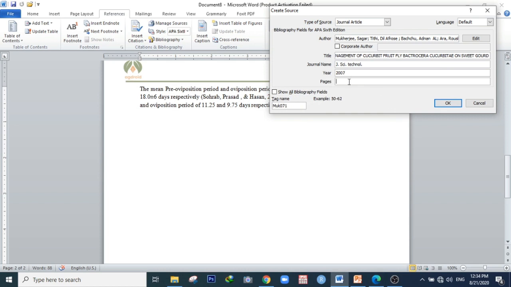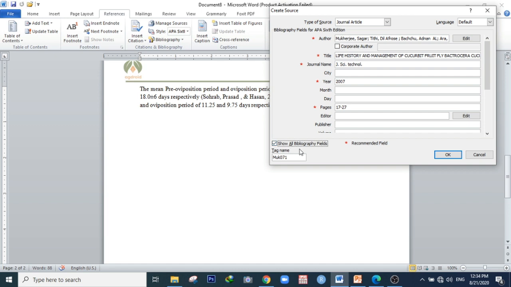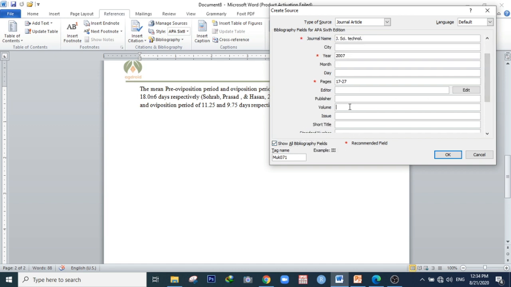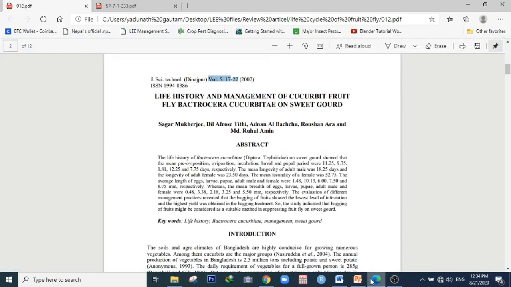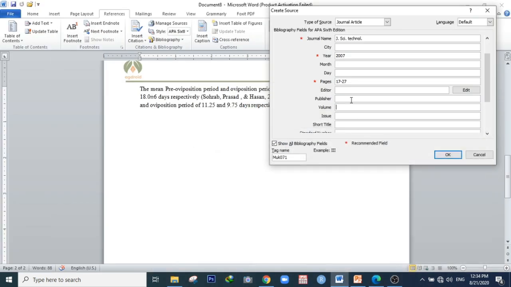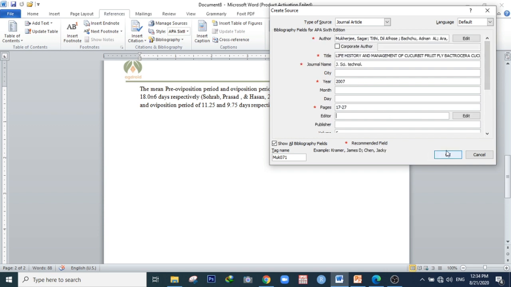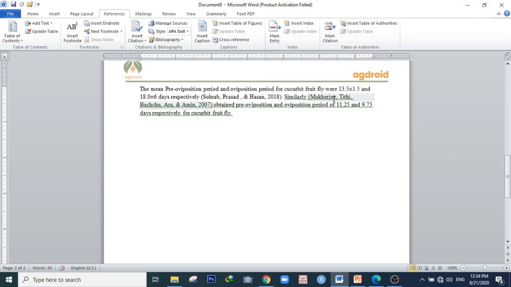Therefore I'm going to select page number 17 to 27. So all bibliography fields, then go for volume, which is 5. Okay, so volume 5, you have entered all the information and just click OK, and the citation is here: